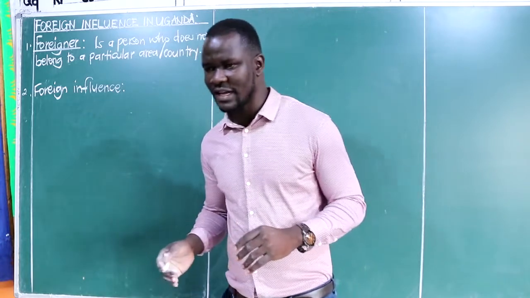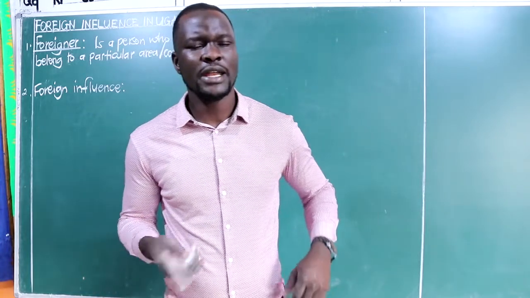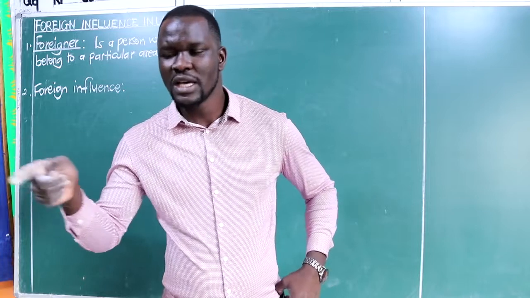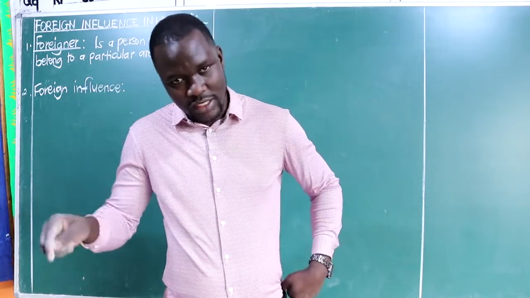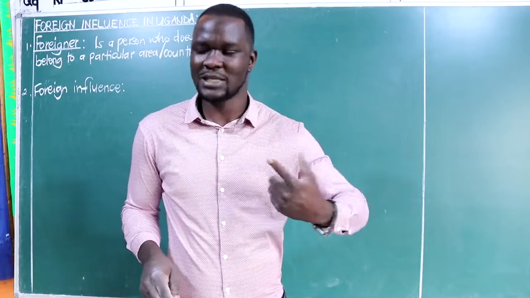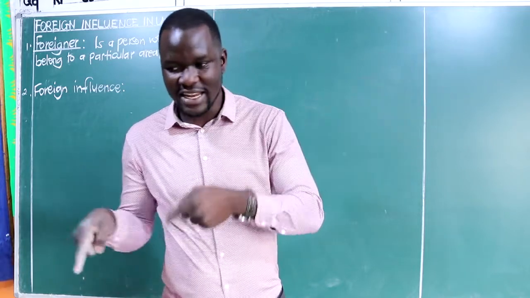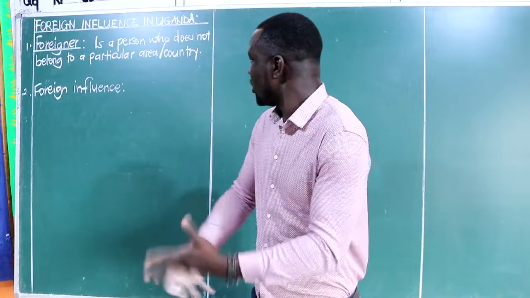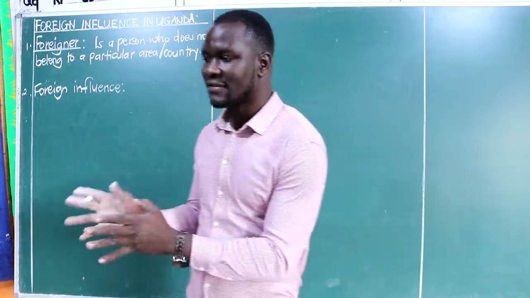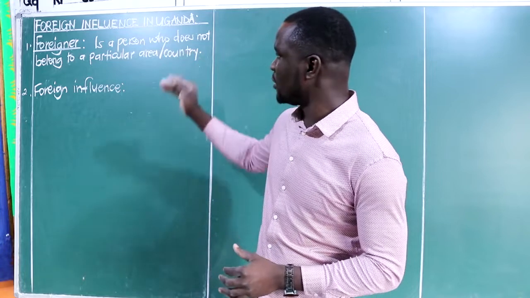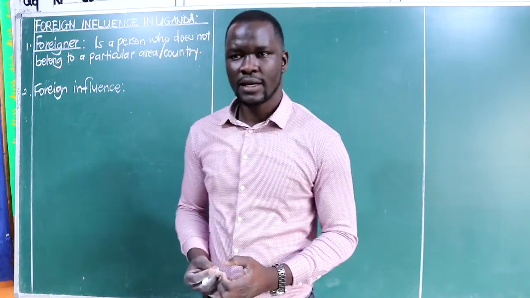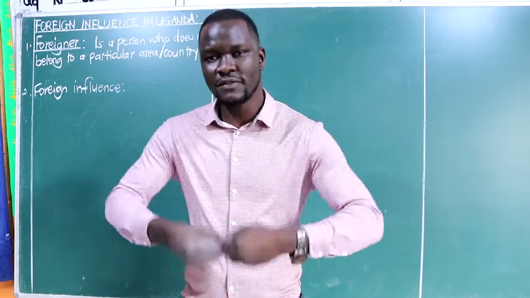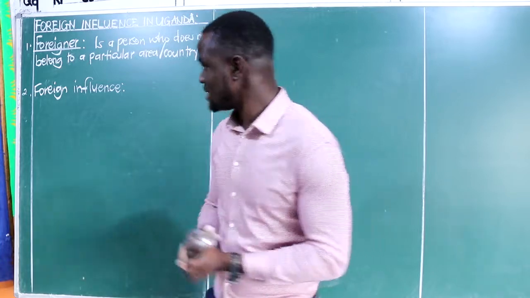In most cases, when you go to your neighbor's house, I know you have friends in the neighborhood, you have it in your mind that that is not your house. You have the belonging that you belong to another house. This is not my dad's house. For me, I belong to the other one. That's what we call having belonging. You don't belong to that area, but you are just there for some time. So we shall be looking at those people who came to Uganda, they were not Ugandans, but they came to Uganda for their different reasons, as visitors, and they went back. They are the ones that we shall be looking at.